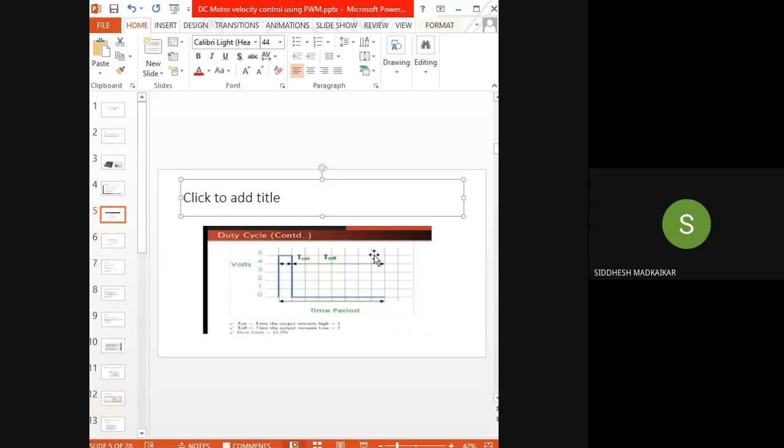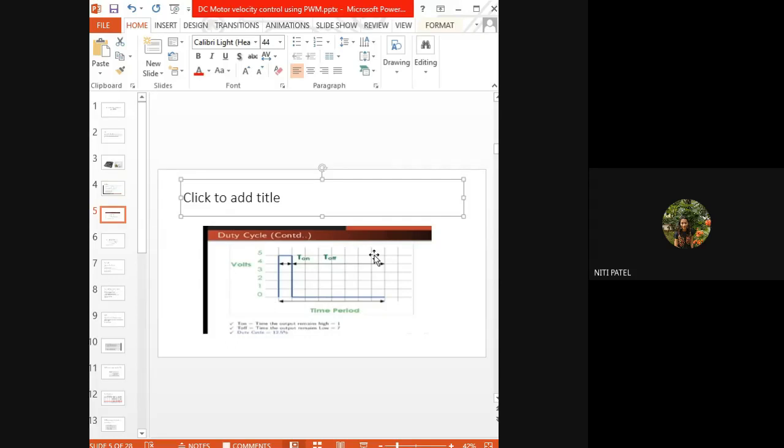What will be the unit of the time period? There is no unit of the time period. We call it cycle only. Okay, ma'am. हाँ, we write it as cycle, 7 cycle, 8 cycle, 1 cycle, like this. Okay, and that cycle includes T on plus T off. अगर T on separate बोलना है तो we write T on is equal to 1 cycle, T off is equal to 7 cycle, time period is equal to 8 cycles, like this. So have you understood how is the time period? It is T on plus T off. तो T on एक cycle था, T off total 7 cycle है. Therefore, the total time period is 8 cycles.